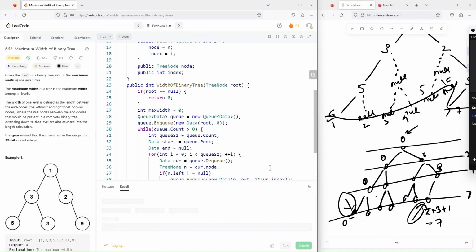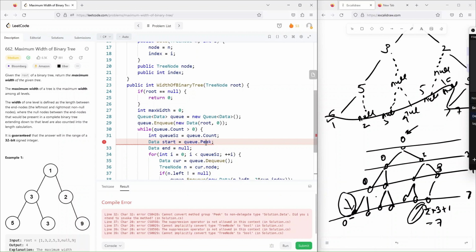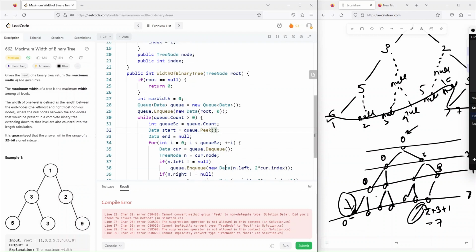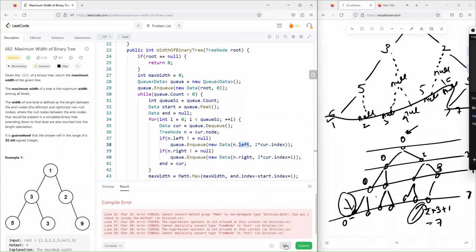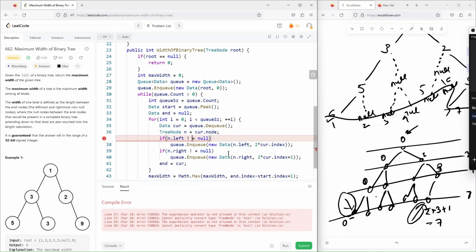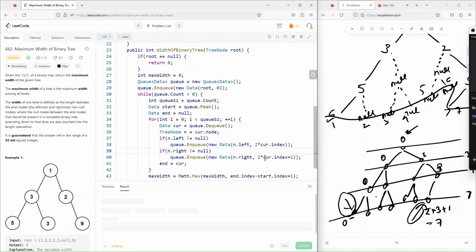So okay, line 37, and dot left. Okay, sounds great. Let's submit it,